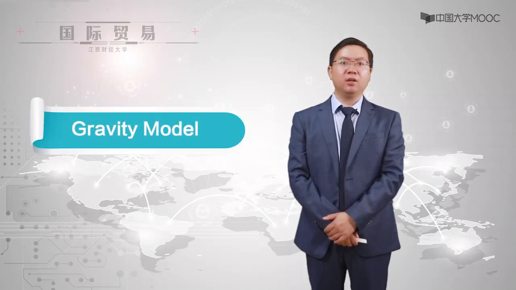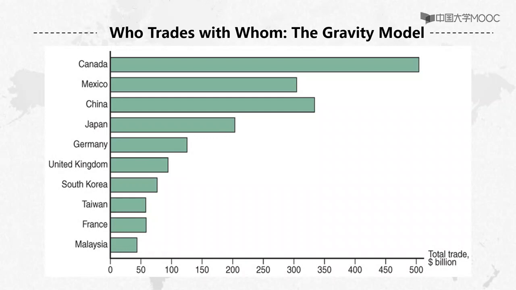In this section, we will talk about some rules behind trade patterns, or who trades with whom. The main tool to explain this is the gravity model. Let's take the USA as an example. Figure 1 shows that in 2006, the 5 largest trading partners of the United States were Canada, China, Mexico, Japan,